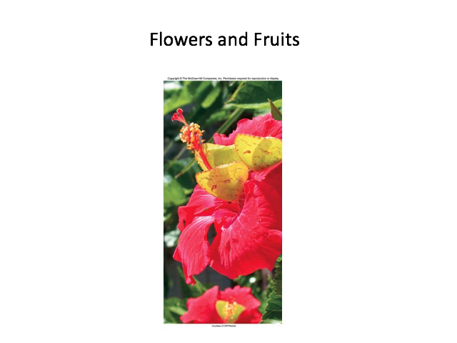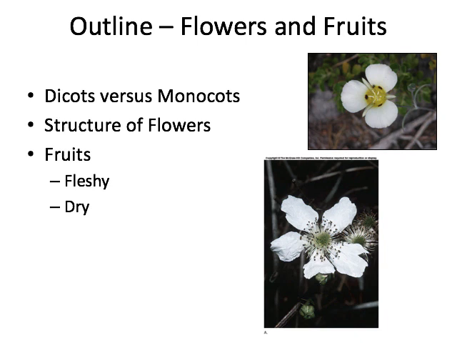Hello class, this is your lecture on flowers and fruits. The outline is as follows. We'll do a quick review of dicots versus monocots, and then we'll dive into all of the various structures that we find in flowers. That is to say, what is the morphology and anatomy of these very important reproductive organs